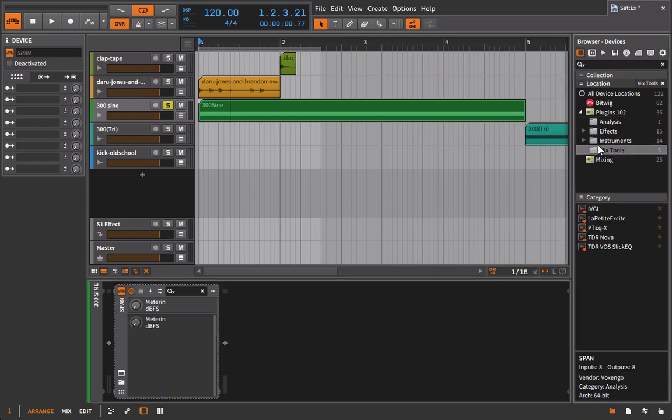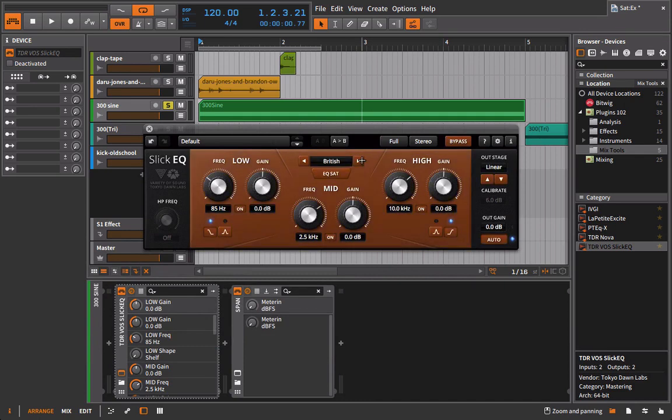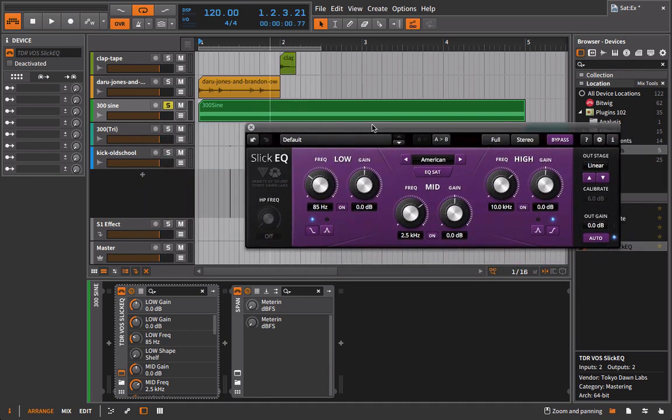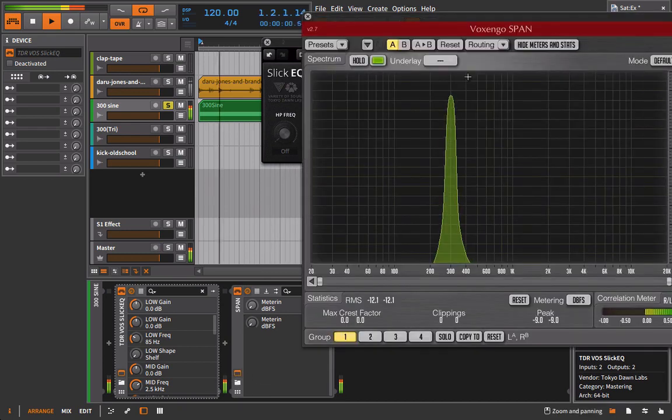So you want to make sure, first and foremost, that you're going to be using the same basic setting here, either American, British, German, Soviet, whatever. German probably isn't one that you want to go with here. It's a little bit more technical, but you could use it. I'm going to go ahead and use American here. And I'm just going to play this back. And if we go in here and look at the span,